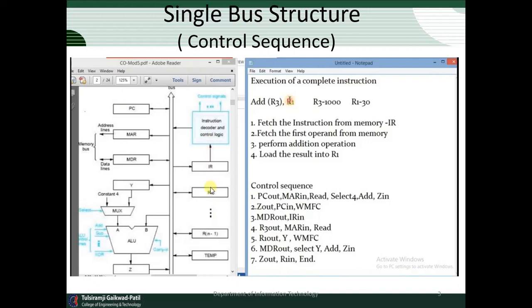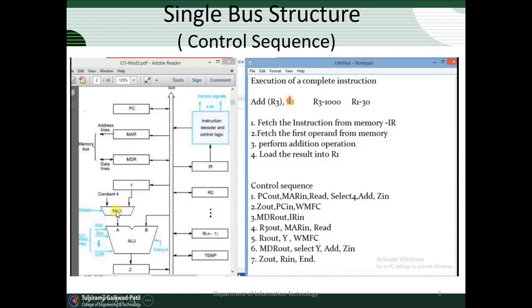The instruction is stored in the instruction register. For that instruction, the instruction decoder and control logic circuit is going to generate control signals, and then the instruction is executed. Now here we find the Y mux.